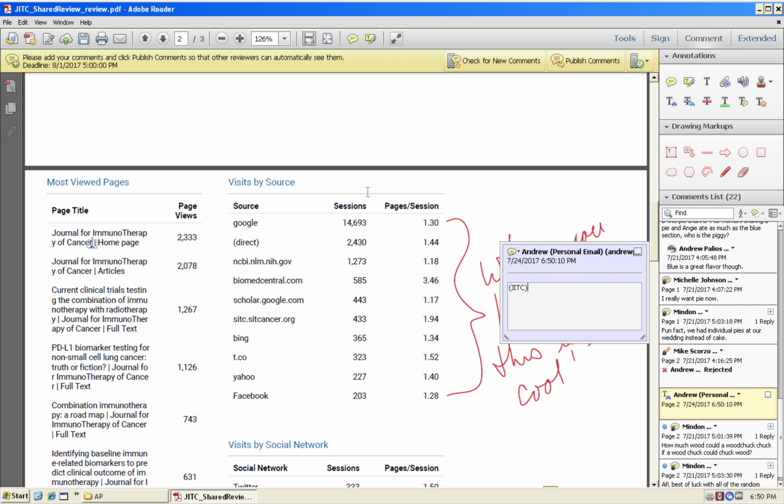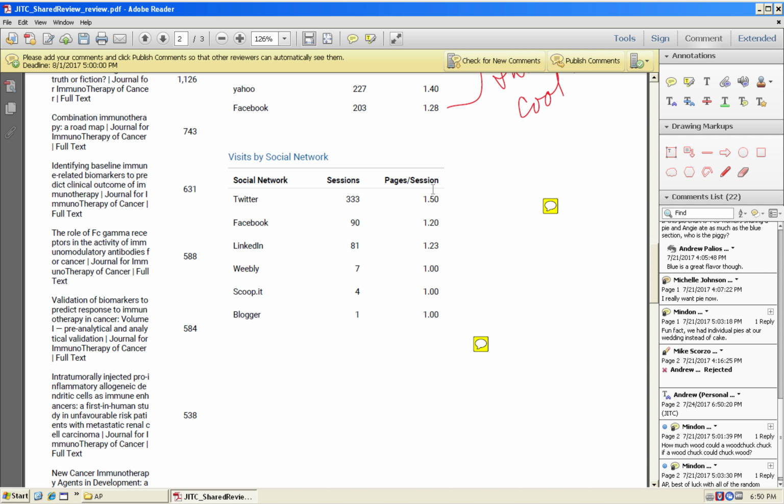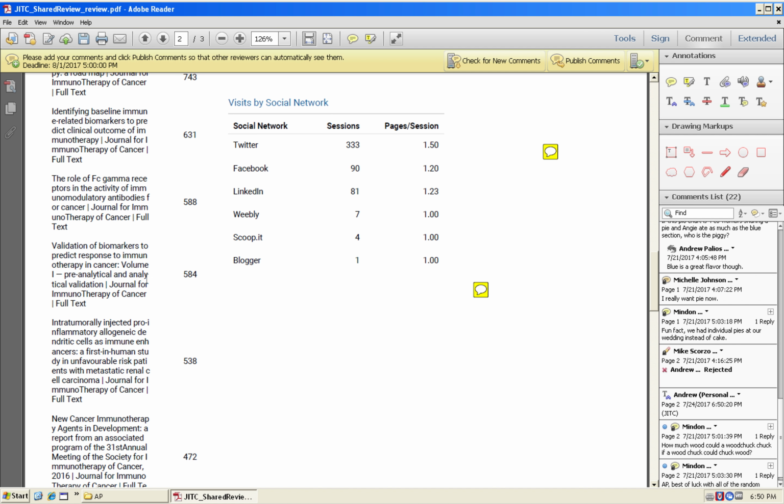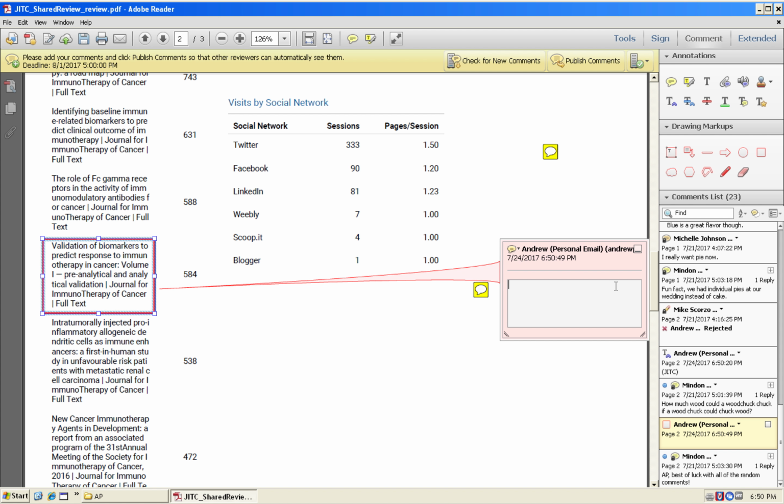Maybe I want to go down further here, and maybe I want to say, hey, this block of text, let me move that. I want to move that down, or something like that. Let me switch these blocks of text up over here, right? Some of the really handy tools that I like to use when editing PDFs are these drawing tools. So I'll take this rectangle, and this one I use a lot. I'll actually frame this paragraph, and then on double clicking it here, I can provide some directive like please move up